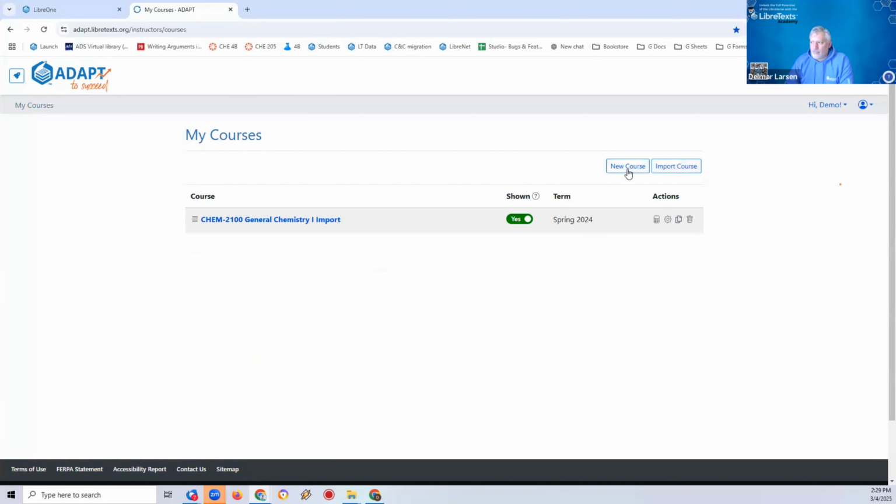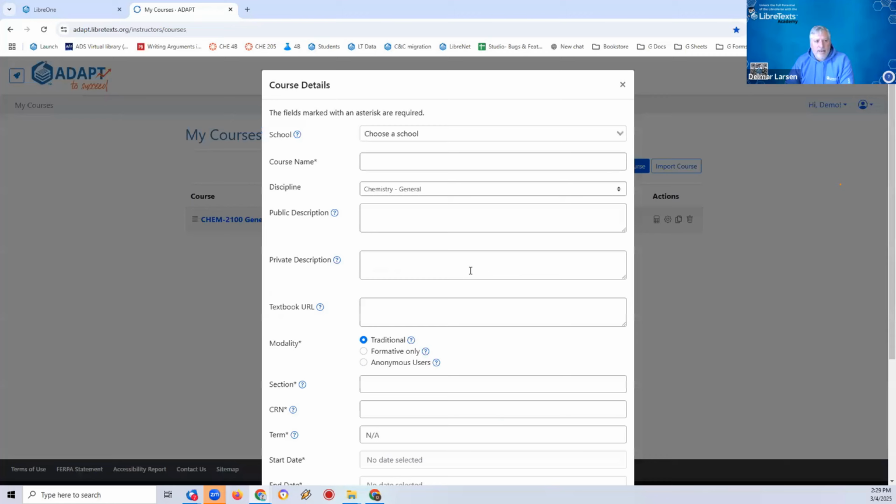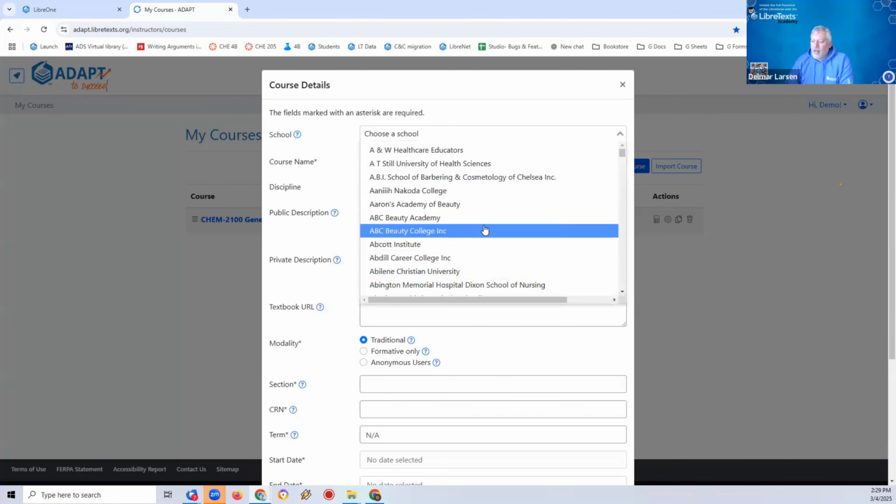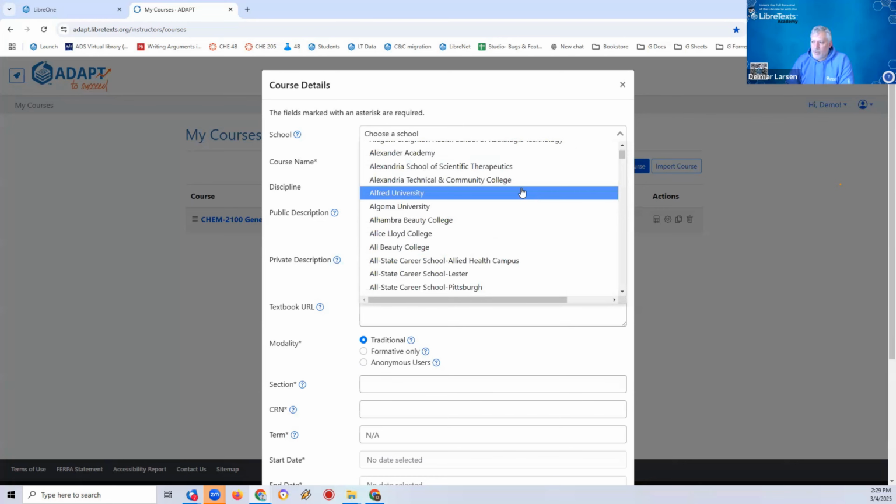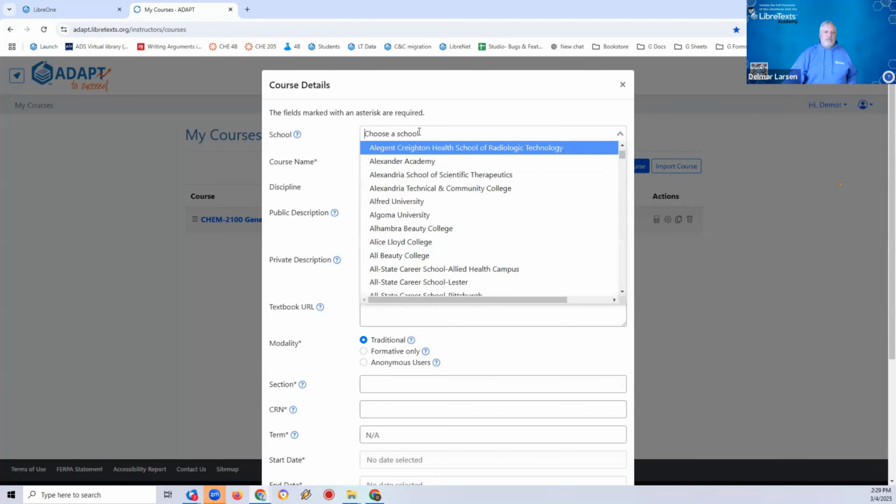So I'm going to make a new course, and it pops up a modal. This is asking for the metadata that describes that course, how that course is going to be used, and such. This is relatively simple to start out with, but then there are more advanced features associated with the course that are useful to take a look at once it's created. So the first thing to do is to have a school associated with that. This should at some point be related to only the school that you have connected to your LibreOne account, but it's not set up like that yet, or if it is, it's only set up on your side and not my side. But in this case, I'm going to pick a school that I want.